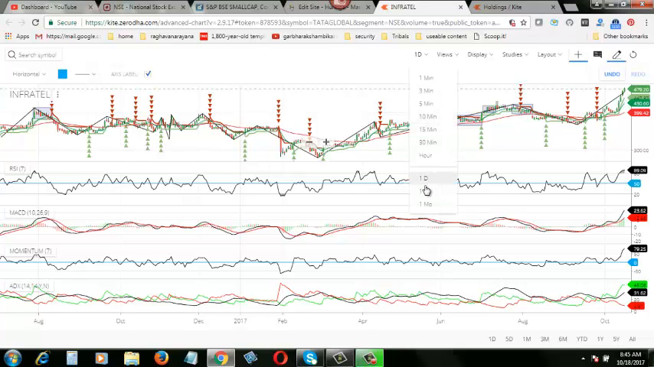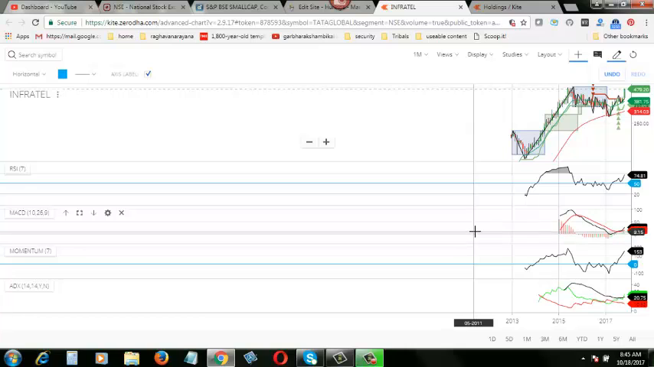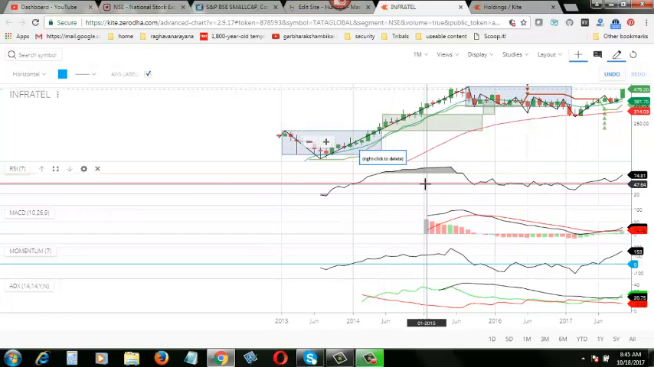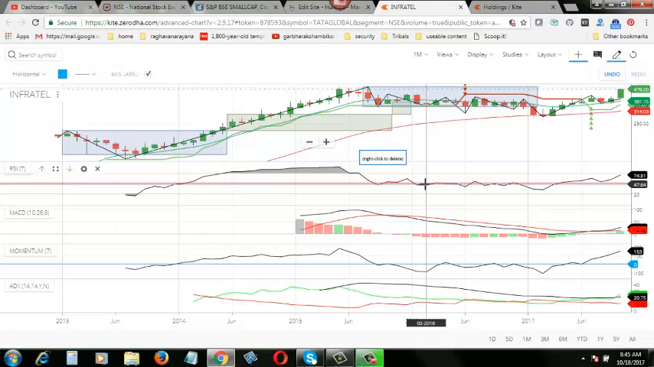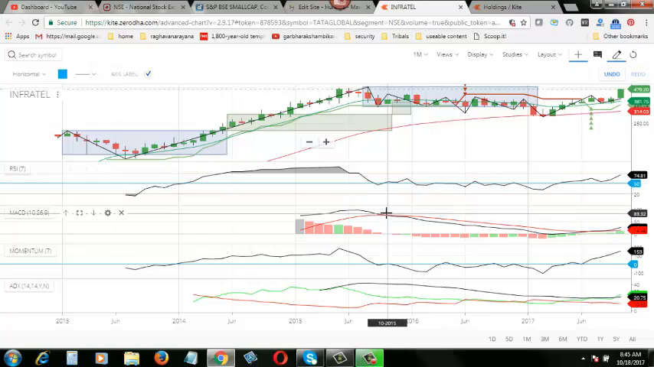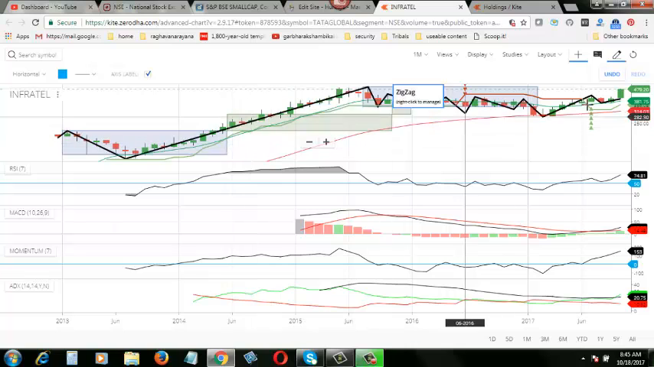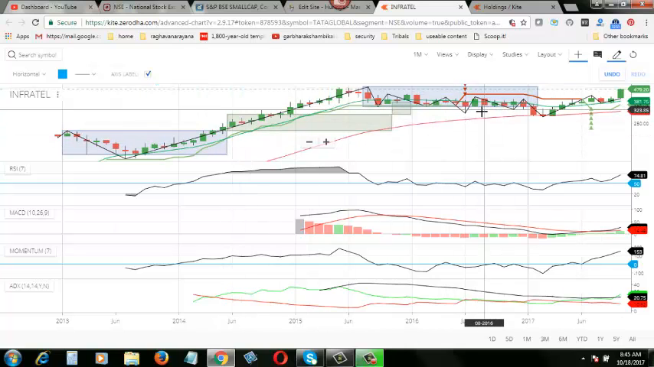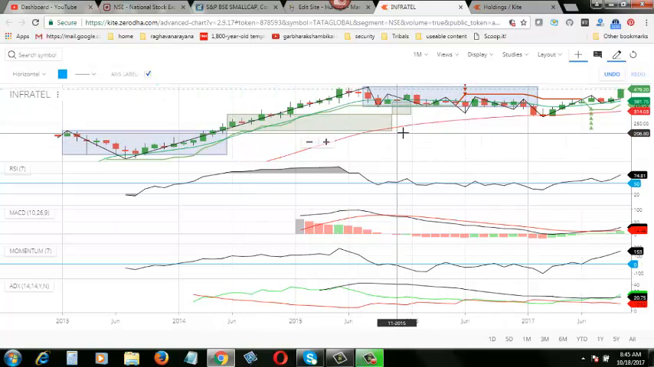Now we will see whether this stock is good for long-term investment or not. For that, I am moving on to the monthly chart of Infratel. At first glance, if you look at the way the candles have formed, what you can see is